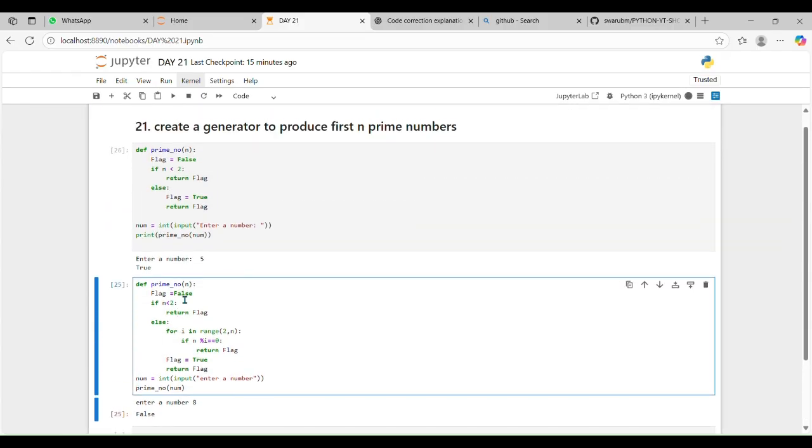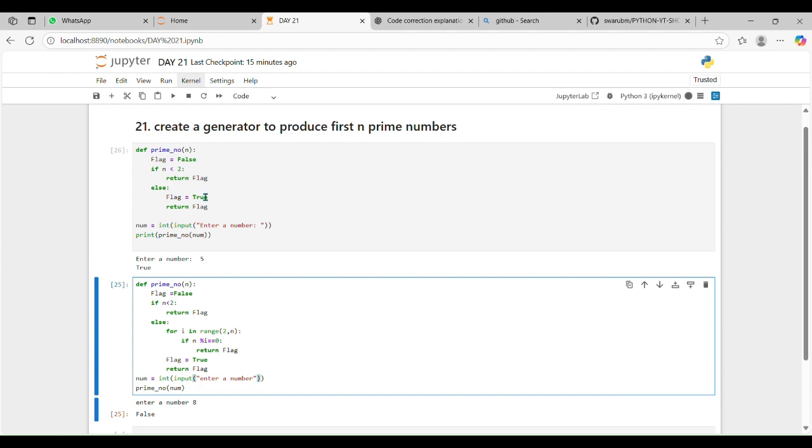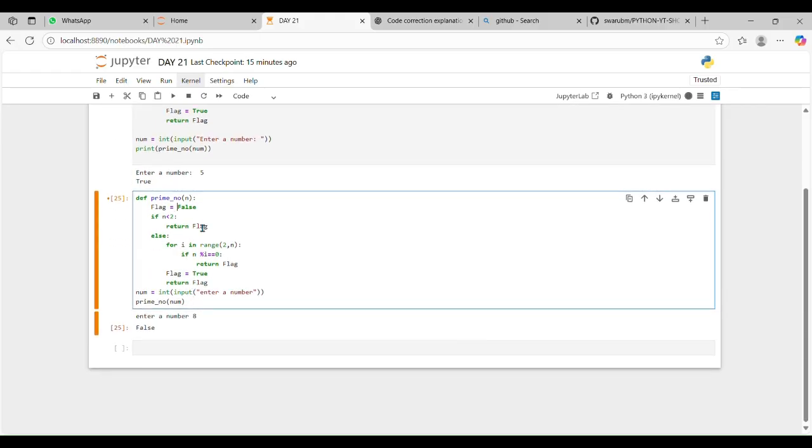Then here we are doing almost the same thing, but it has small changes. Here, assuming the same, the input number as false. If n is lesser than 2, we will consider that as not a prime number. Then for i in range of 2 to n, if n is completely divided by any number,